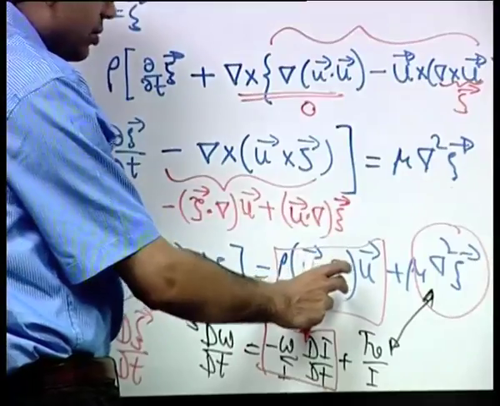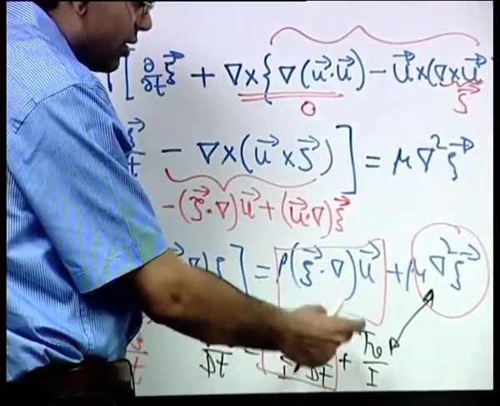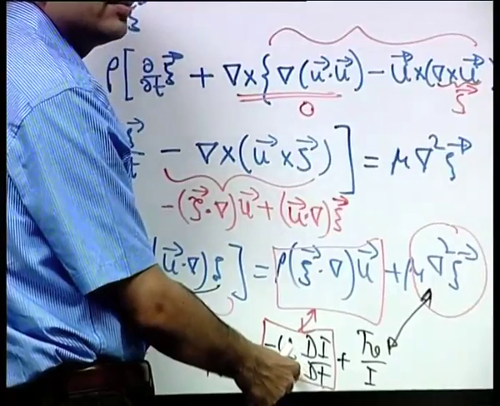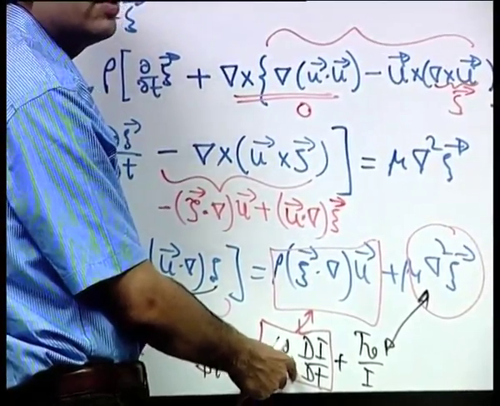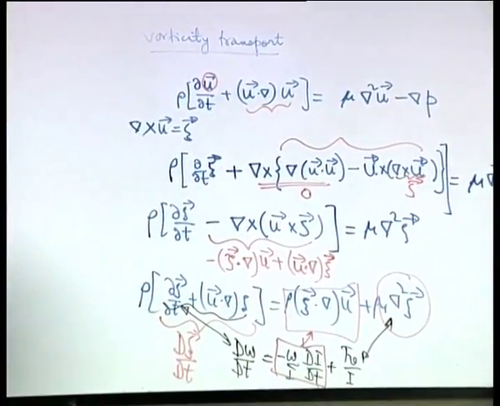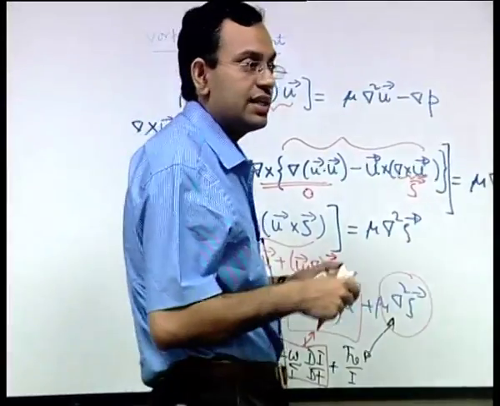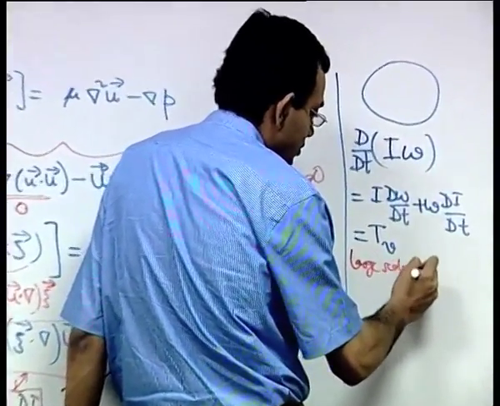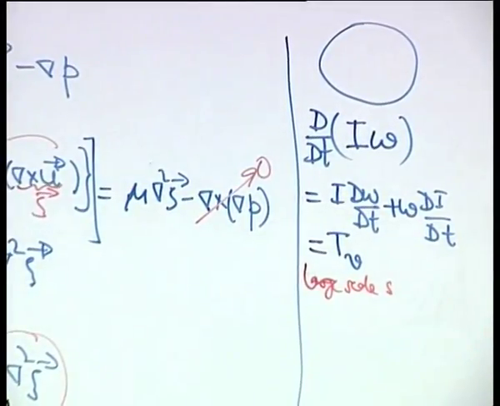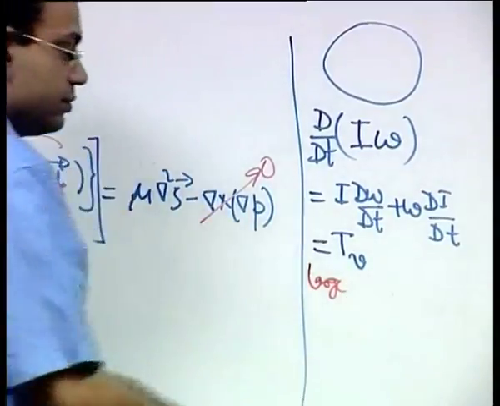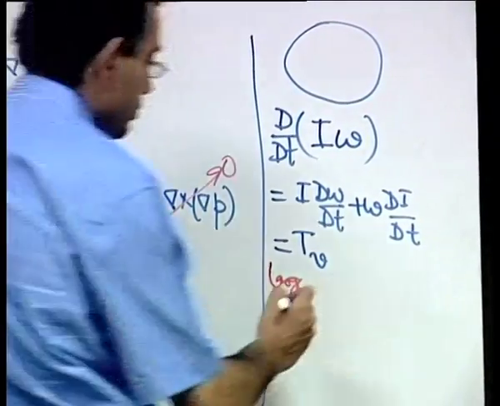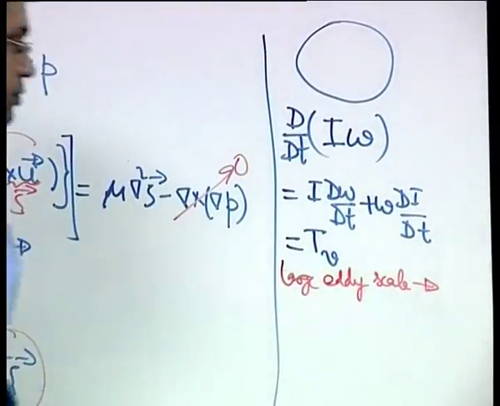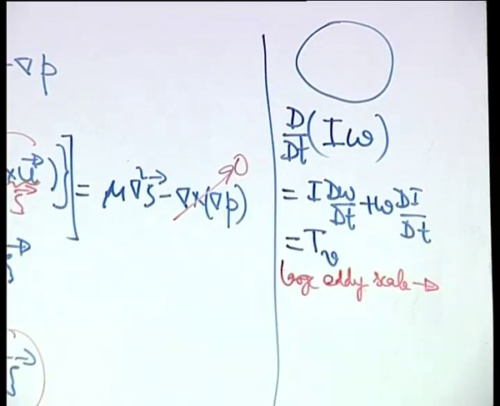So the term rho zeta dot del u has a qualitative physical meaning of the term equivalent to minus omega by I di dt. So let us try to find out the physical meaning of that. So to do that, let us consider a large eddy scale as an example. So if you consider a large eddy scale,